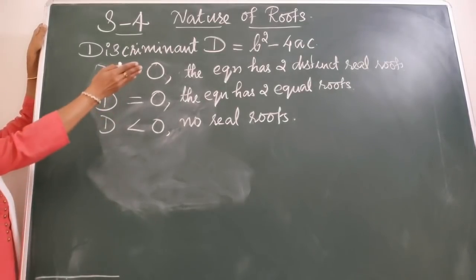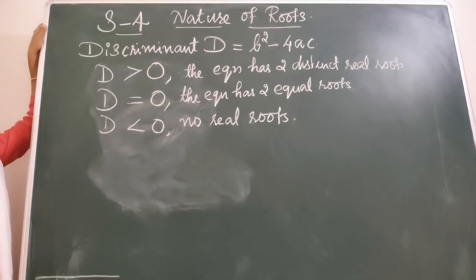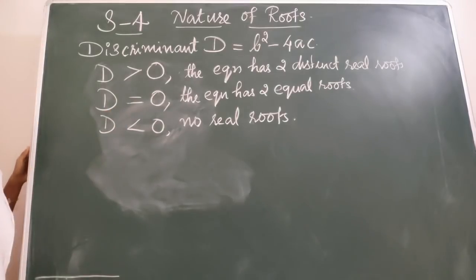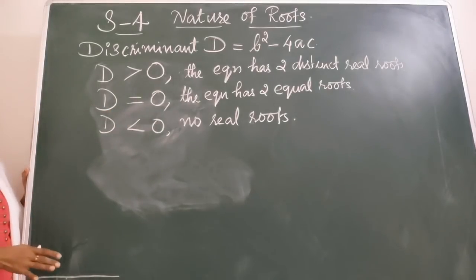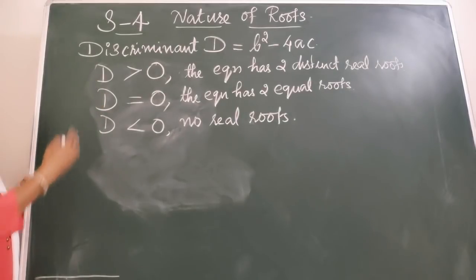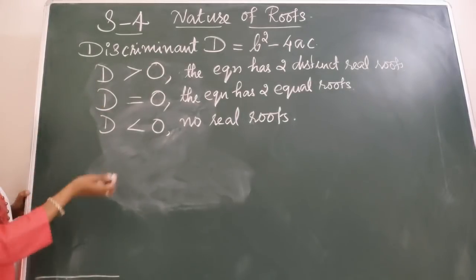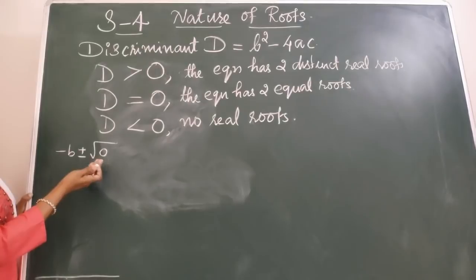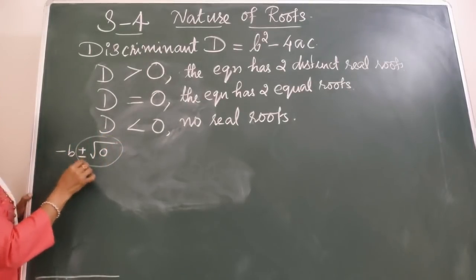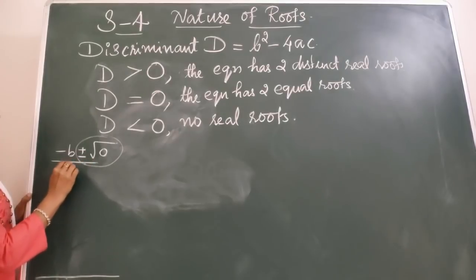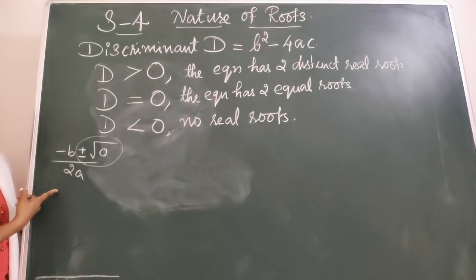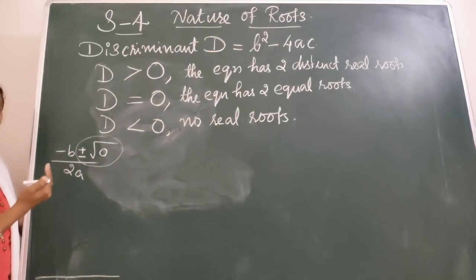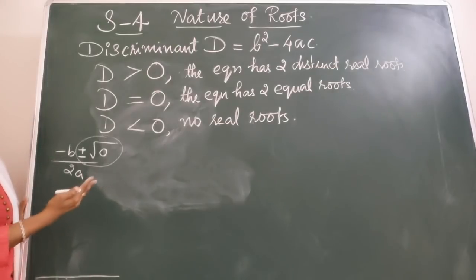So both the cases you had seen, we got two different values of x. Now in the case where the value of D is equal to 0, under root 0 will be 0 only. So in the formula, minus b plus or minus under root 0, this term has no value, right? So you will get minus b upon 2a. Both the values will be the same. So if the discriminant value is 0, then the roots will be equal, both will be equal.